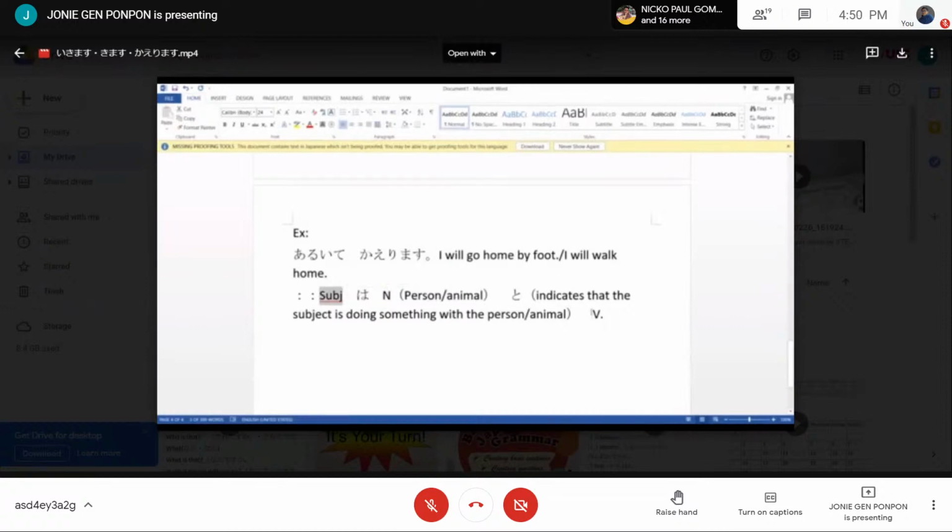Okay, and then the verb here is anything na verb. Okay, so example for this basic sentence pattern is subject. You can also omit if you will use watashi wa. As long as your subject is watashi wa or anata wa, you can omit that. But if it's another